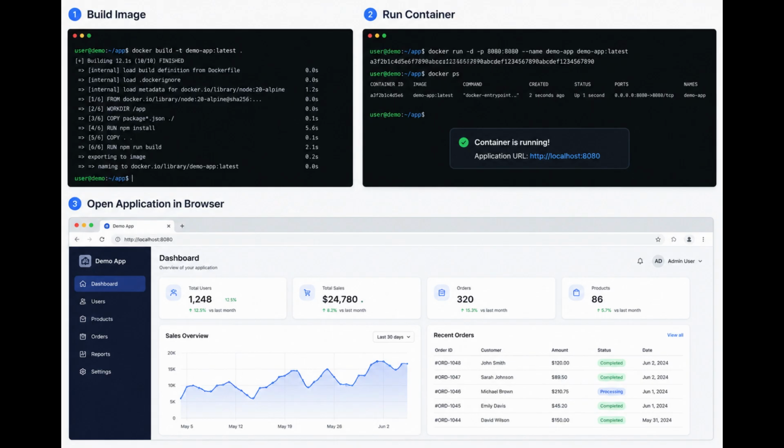Finally, in the third step, we open the application in the browser. By visiting http://localhost:8080, the deployed application becomes visible just like a normal web application. In this demo, we can see a modern dashboard interface containing analytics cards, sales data, recent orders, navigation menus, and different management sections. This proves that the application is successfully running inside a Docker container while still being fully accessible